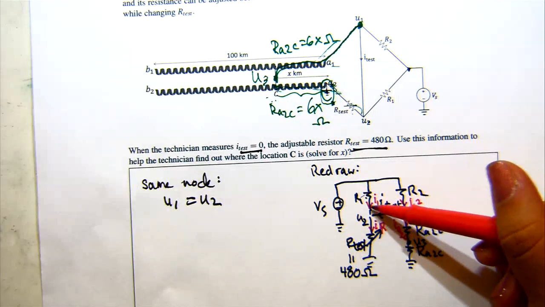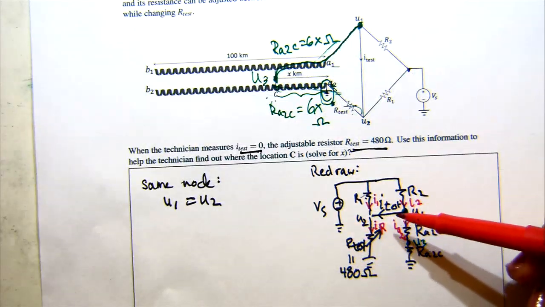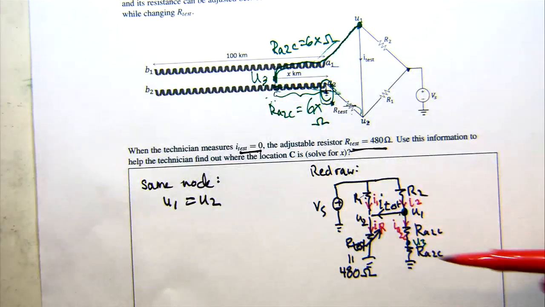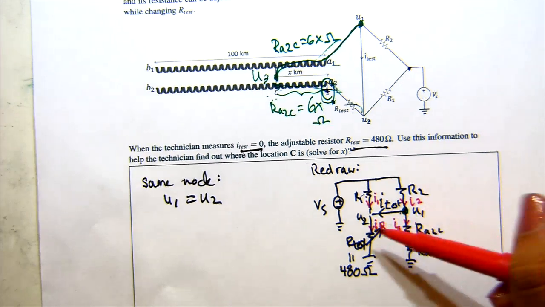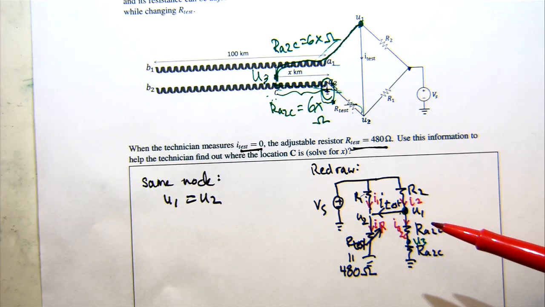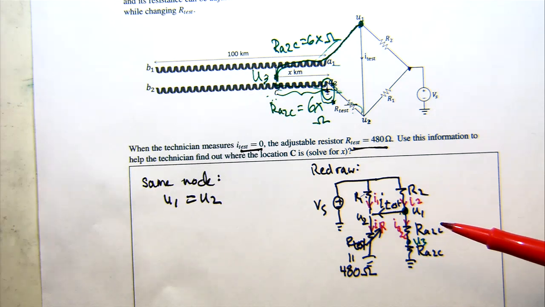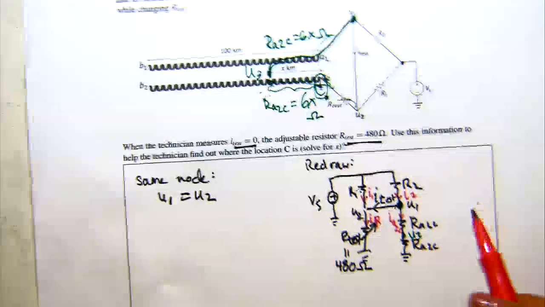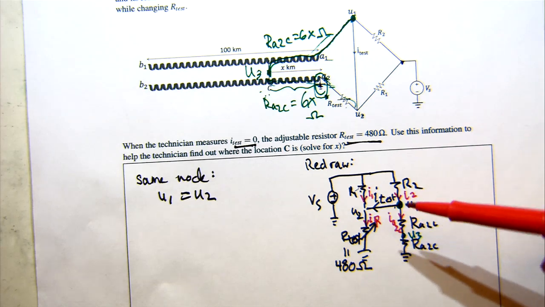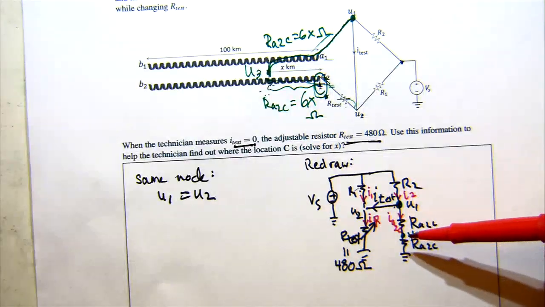Because we normally consider this whole thing as a node, we don't think about whether or not there's any current going through here, because we just consider these 4 red currents, right? All the currents coming in from a branch or going to a branch. But in actuality, you can have current going through I test. This is not necessarily always 0. It's only 0 in a special situation. So in this case, the sum of all the red currents, I1 plus I2 minus IR minus IA to C, will equal 0.